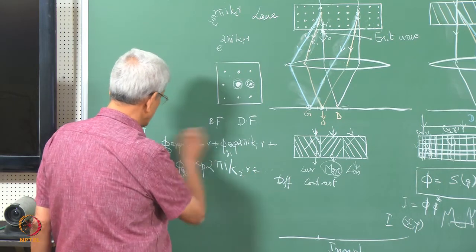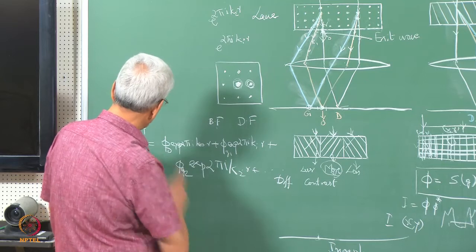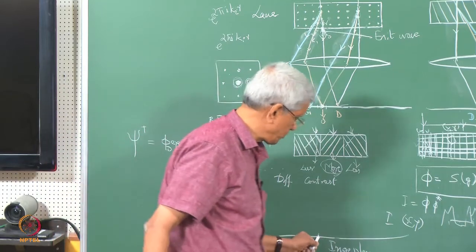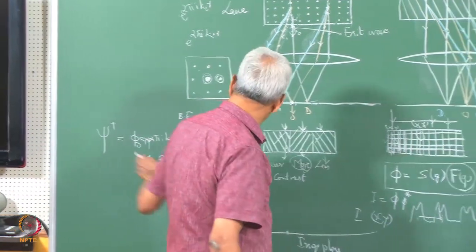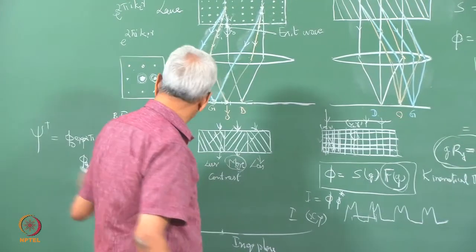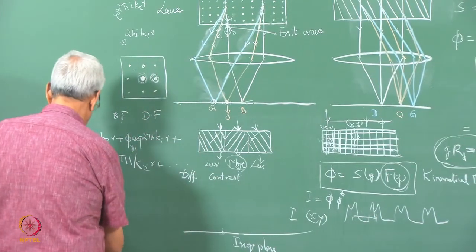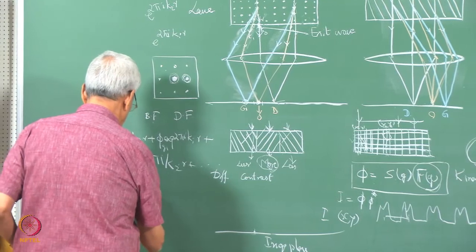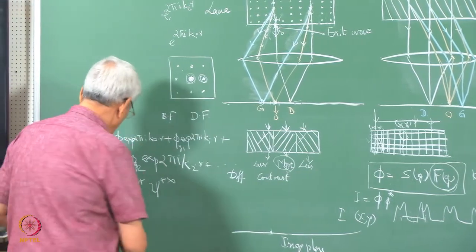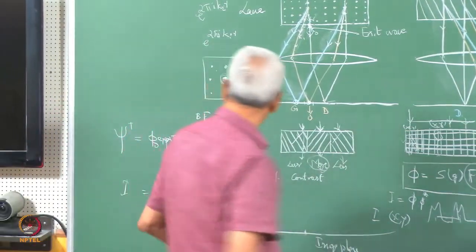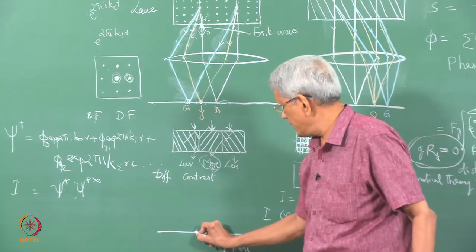Like this, all these when we sum up give the net amplitude with the net phase factor. And this psi times psi star is going to give the intensity at every point